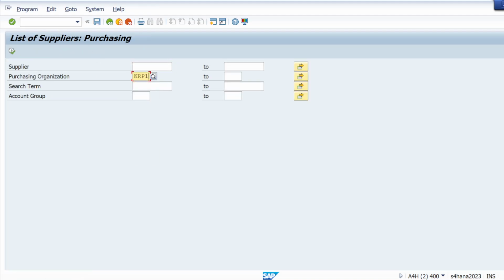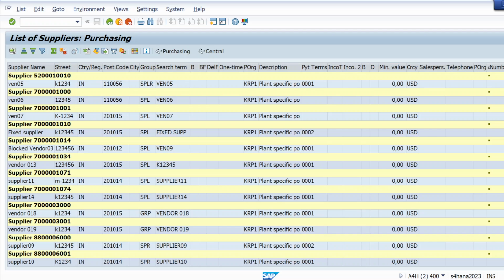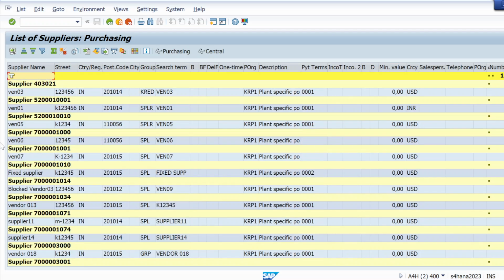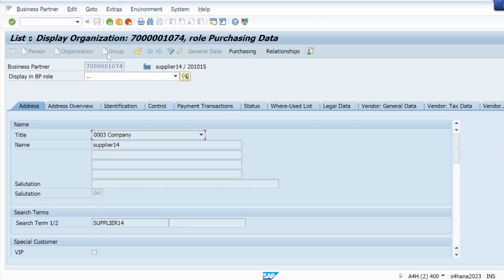Let me give my purchase org here and execute. These are the list of my suppliers. Let me take any of these suppliers, this one.